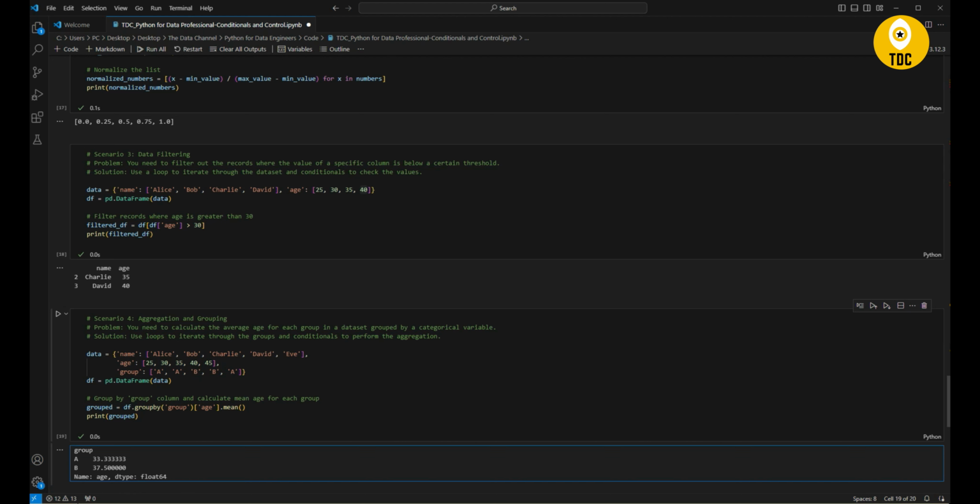So now you can see it has grouped by particular groups, which is why you see a and b here. And then you need to have some arithmetic calculation on top of that group. So that is what you are doing here: you are taking the mean of age in each of these groups. Okay,